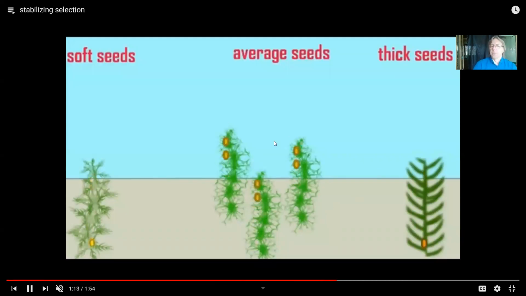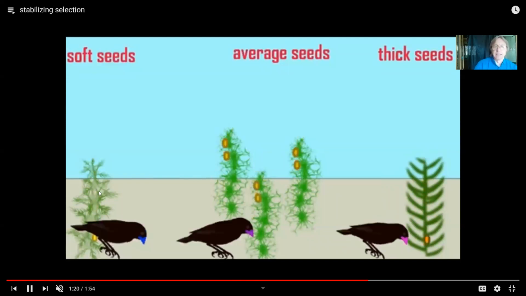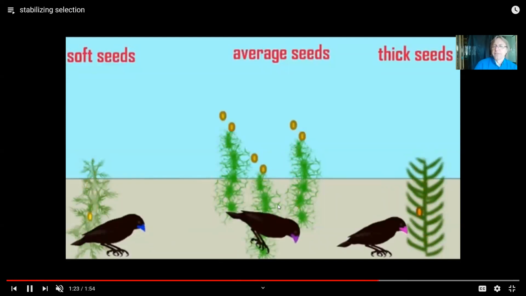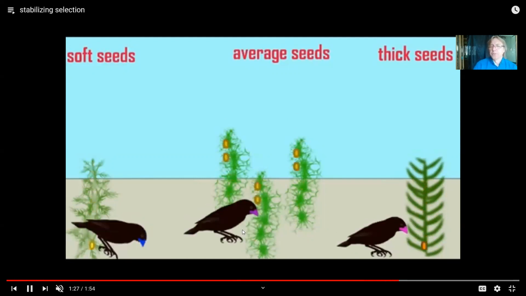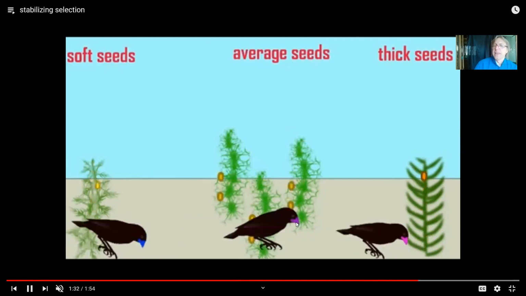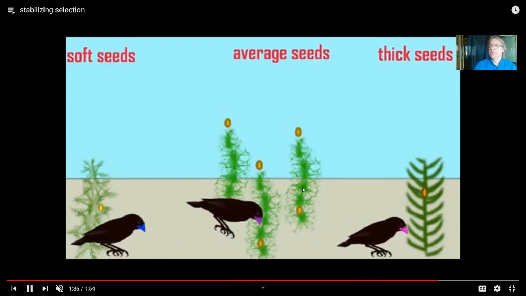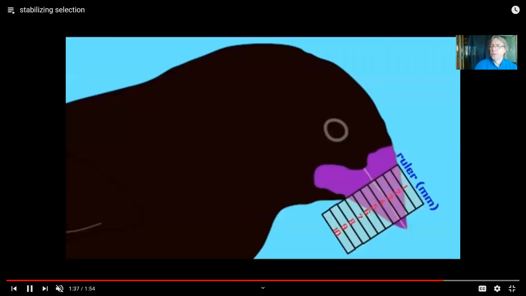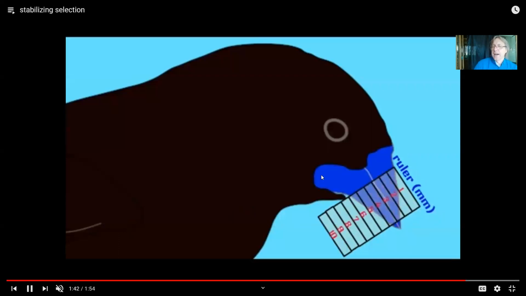In this environment, the plants which are making average seeds are doing the most, all right? So there are thick seed plants and soft seed plants, but it's these average size seeds which are doing best. And so therefore, the finches with the average bills are the ones who are best able to make use of the most common food in the area. So it was the average size bills which would then have the